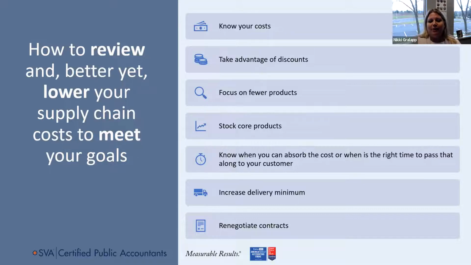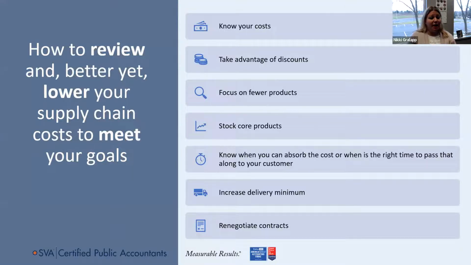So know when you can absorb a cost and when you need to pass it along to your customer. Again, you don't necessarily want to see that dip and then decide, hey, I need to pass this along to the customer. If you've stress tested and you know what your key parameters are within your budget, you know, hey, if this is coming along, this is what it's going to do to my bottom line. I need to pass along to the customer right away. So you're really able to anticipate that that's coming along. You know what you expected that cost to be. A lot of people don't even know what they expected that cost to be.